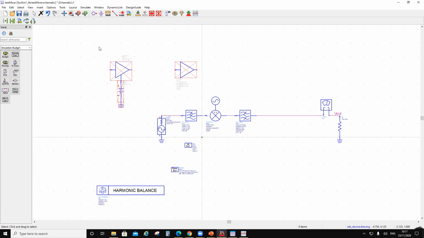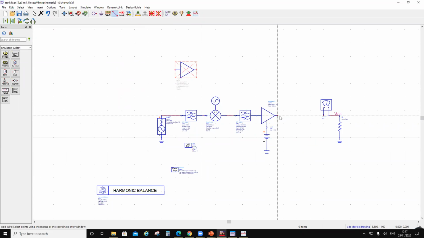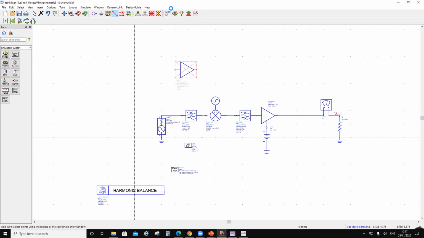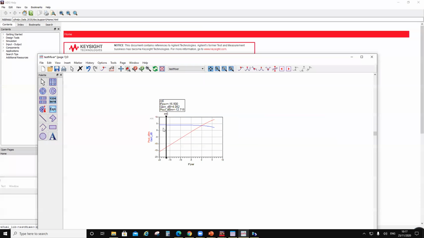So let me put a gain stage. Let's enable this one. So I'm going to enable this here. What happened over here would be this guy. And if I do simulation now,